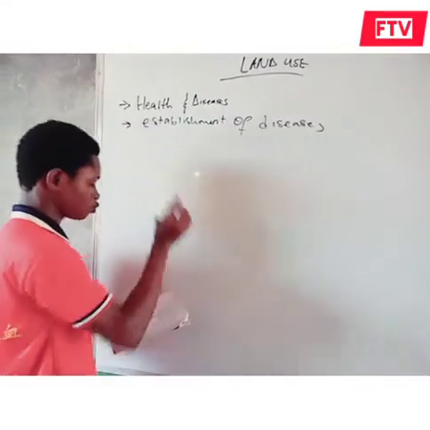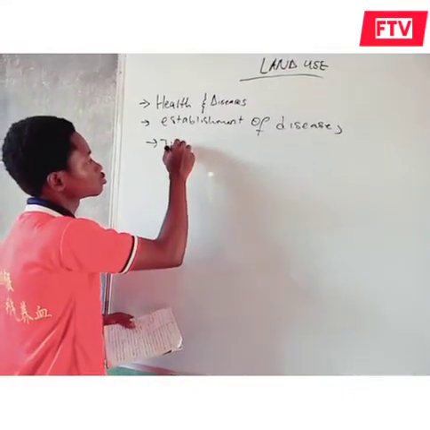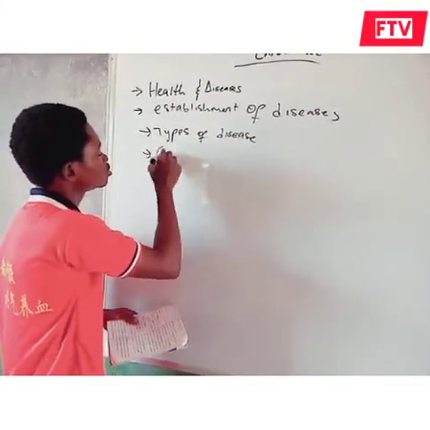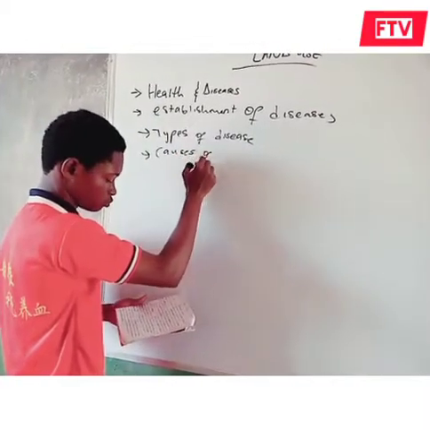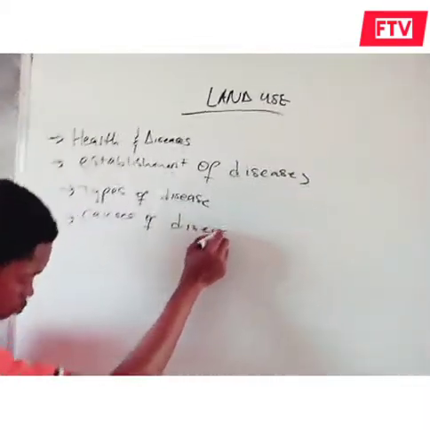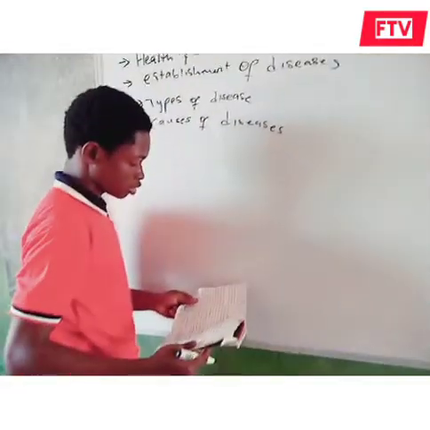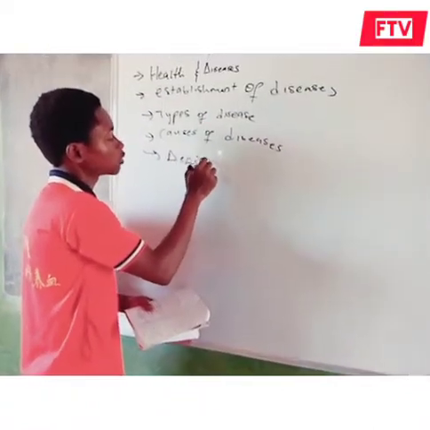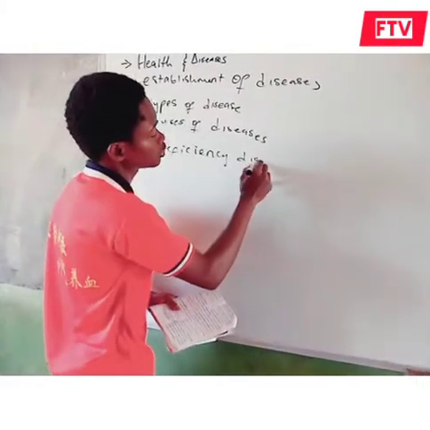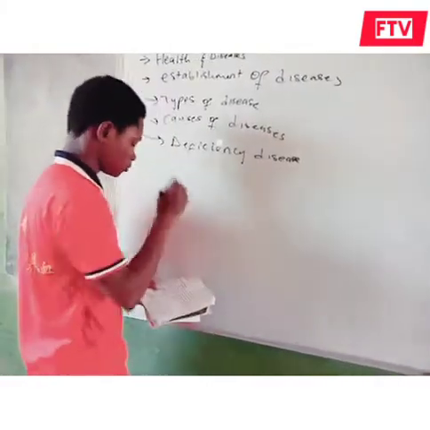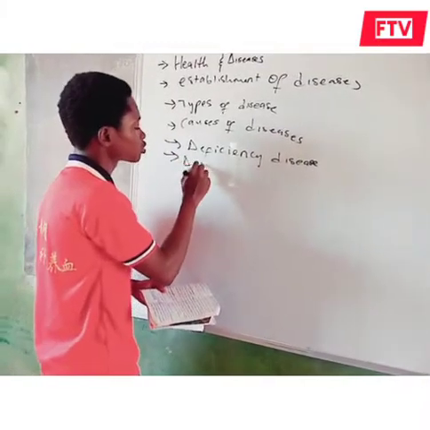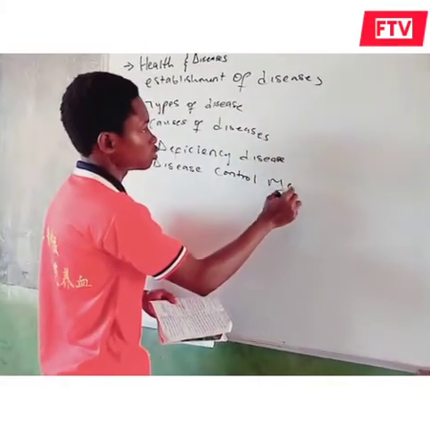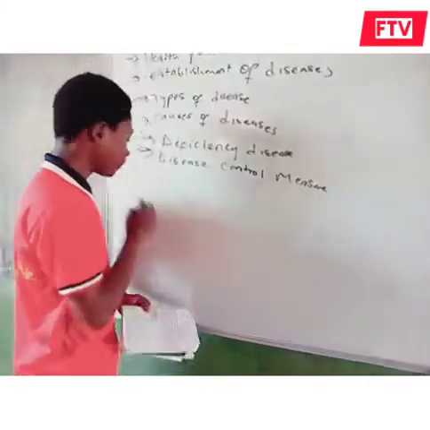We need to cover types of disease, and then causes of disease. And then we can also have deficiency disease. Don't worry, I think we should be able to cover them. Deficiency disease, and then disease control measure. If time permits us, we should be able to look at